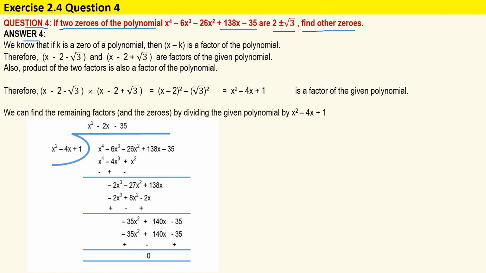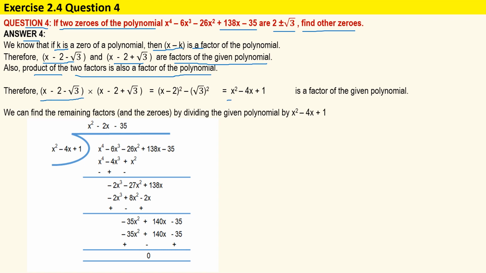Answer. We know that if k is a zero of a polynomial, then x minus k is a factor of that polynomial. Therefore, in our case, x minus 2 minus square root of 3 and x minus 2 plus square root of 3 are factors of the given polynomial. Also, the product of the two factors is also a factor of the polynomial. Therefore, in our case,